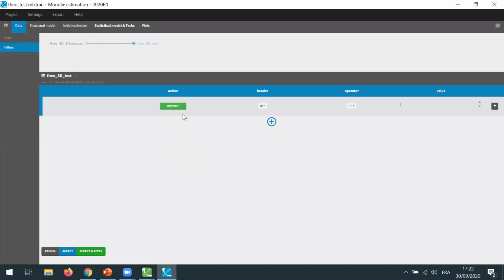And in order to select my data, I can choose one of these actions. So I can select whole IDs, or just select lines, or remove whole IDs, or just remove lines. In this case, I'm going to select some lines according to some criteria that I will define here. And I can define my criteria based on any column from my dataset. And in my case, I'm going to use form, the categorical covariate, as base for my criteria. And I will choose the form values that are equal to test. And now I will accept this and apply.